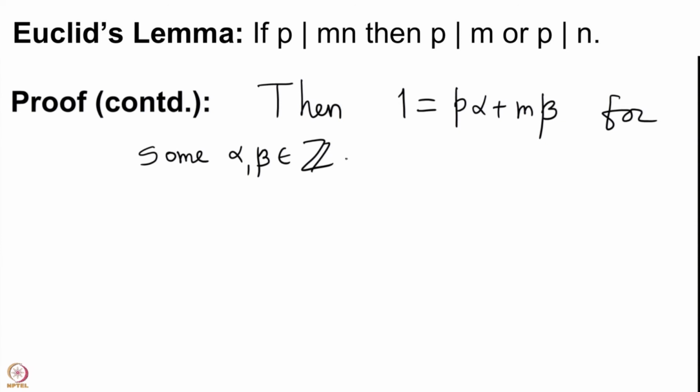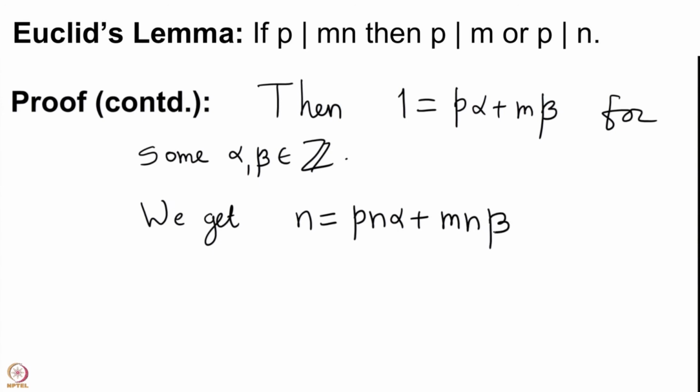We will multiply both sides of this equation by n. N equal to p n alpha plus m n beta. We multiplied both sides of the equation 1 equal to p alpha plus m beta by n, and we obtained n equal to p n alpha plus m n beta. Now p divides the right hand side